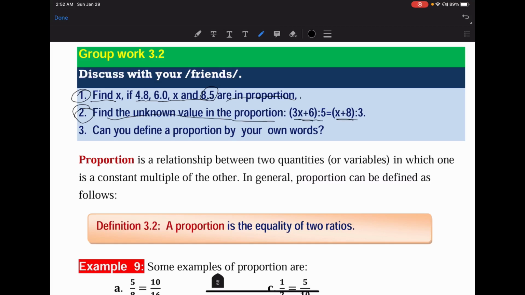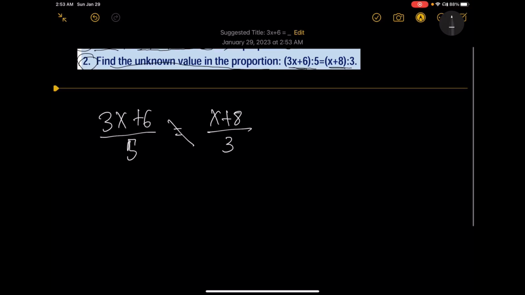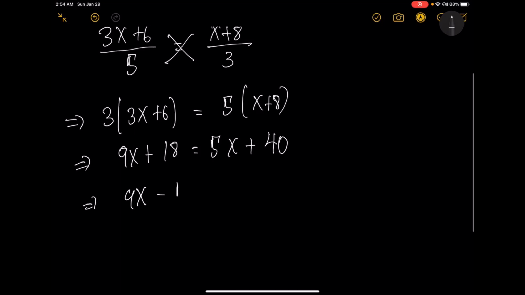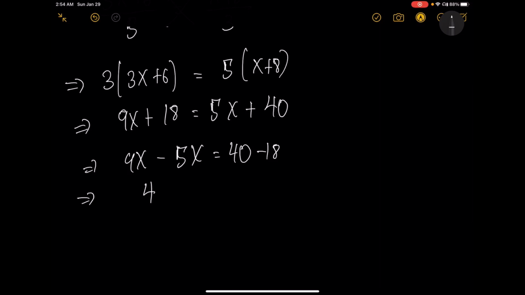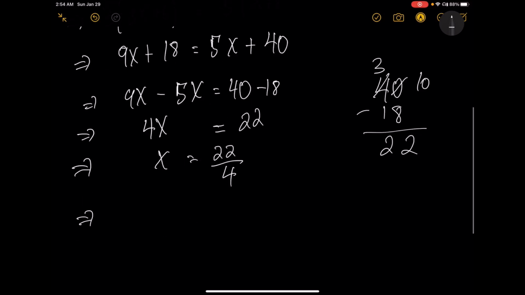5 is equals to x plus 8 ratio 3 okay ይሄ ነው እንግዲህ ሁለተኛው ጥያቄ እንሞክረው እስቲ 3x plus 6 over 5 is equals to x plus 8 over 3 now let's perform our crisscross 3 times 3x plus 6 equals to 5 times x plus 8 3 times 3 we get 9x plus 6 times 3 that is 18 equals to 5x plus 8 times 5 that is 40 9x minus 5x is equals to 40 minus 18 which implies 9x minus 5x that is 4x is equals to 40 minus 18 this implies x is equals to 22 over 4 which implies 2